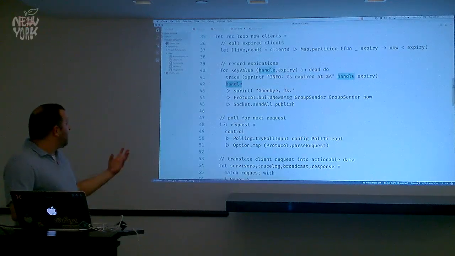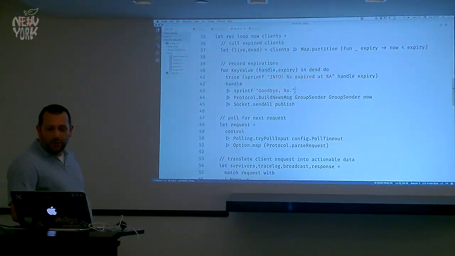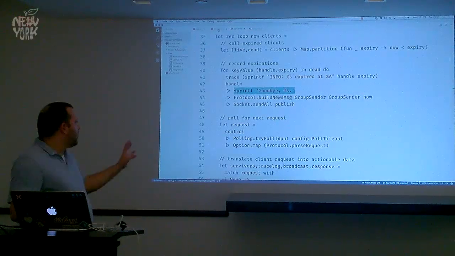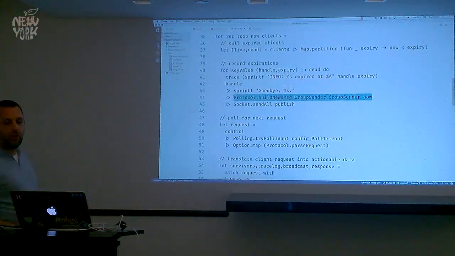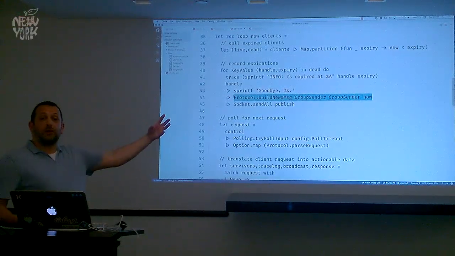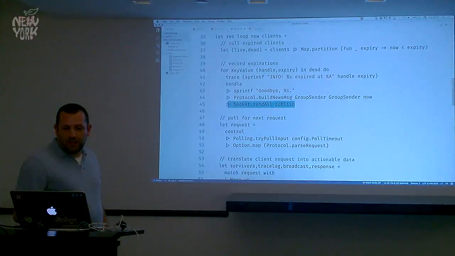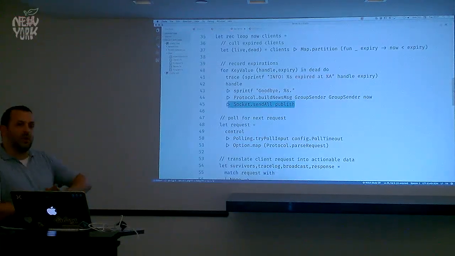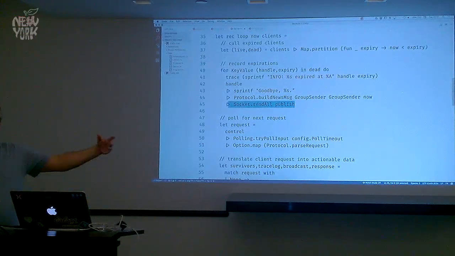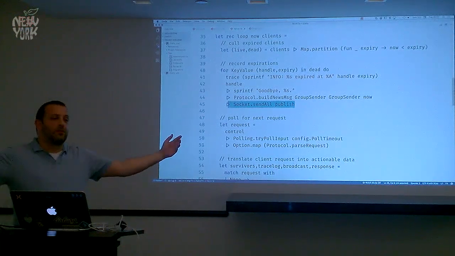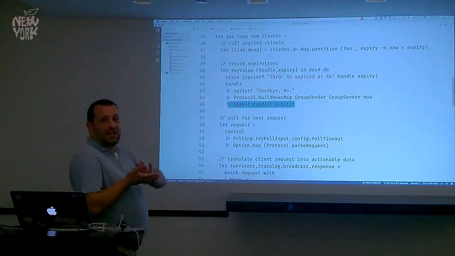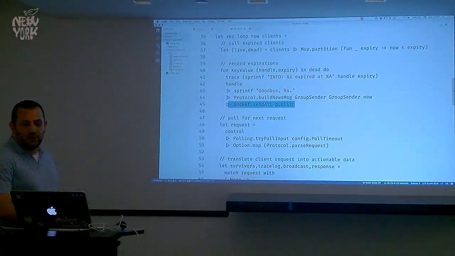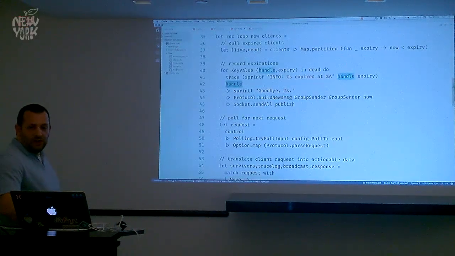Then what we do is we take the handle, we format it into a goodbye message. We have this protocol library, which I'll get to in a minute, but effectively we call a helper function on the protocol library that builds our 2-frame news message, and then we tell our publisher socket to send all frames of this message. So we're handing it, in this case, 2 frames. It could be n number of frames. Basically, send all takes a sequence of byte arrays and sends them off. So that's basically a very nice little flow.